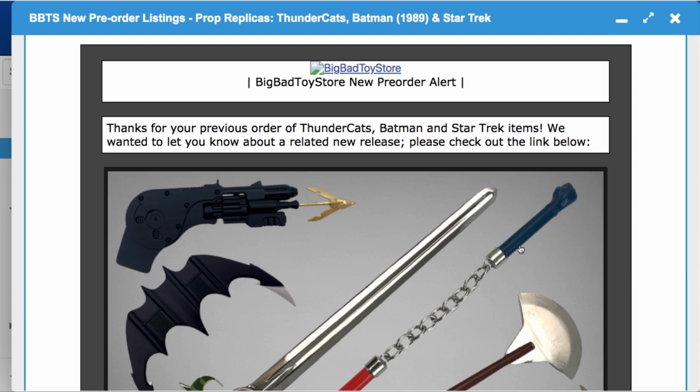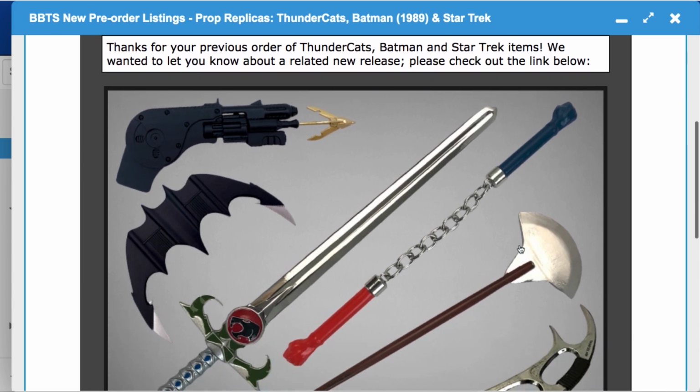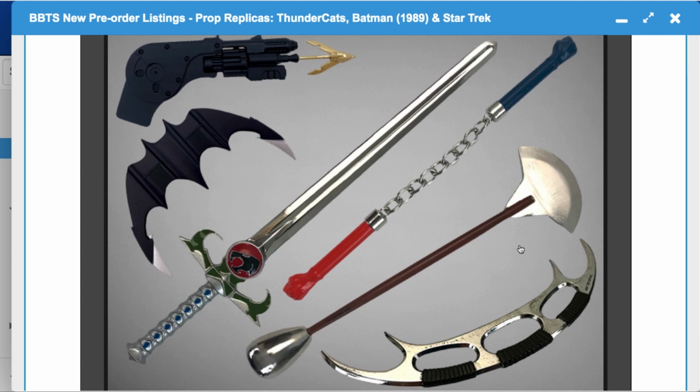Oh gosh, I saw this photo and I was like, what the heck? There's a Batarang from the Keaton movie, the 1989 movie. There is a grappling hook from the same movie as well, which kind of blows my mind because it actually looks like the real Batarang, like the real grappling hook. They have a Batleth here. They have a, I can't remember what that thing was called, but it was used with Commander Riker and his father, as we'll find out in a second. But that was definitely a Star Trek weapon right there. And they have two